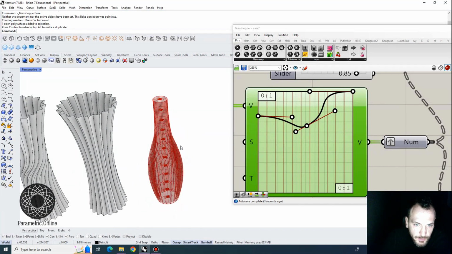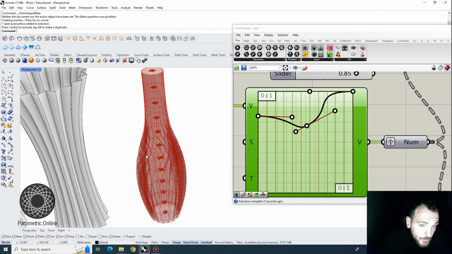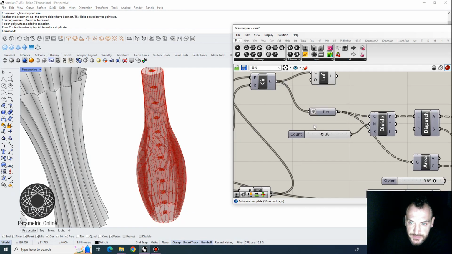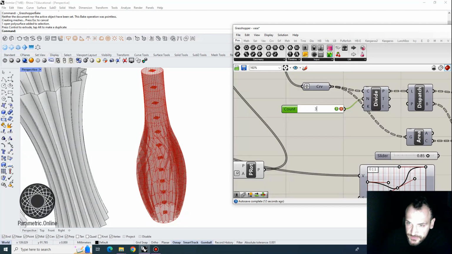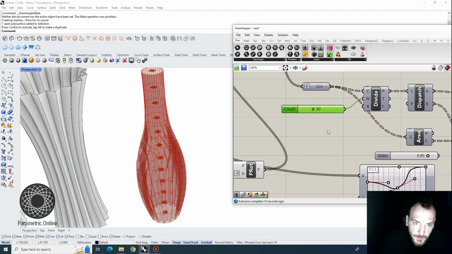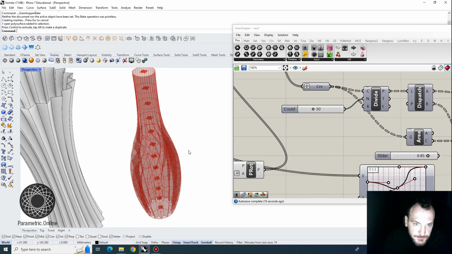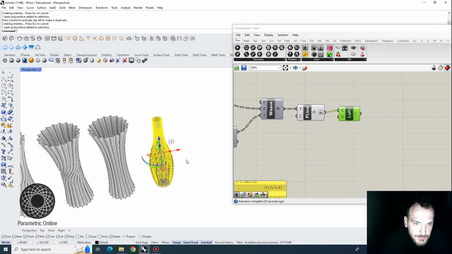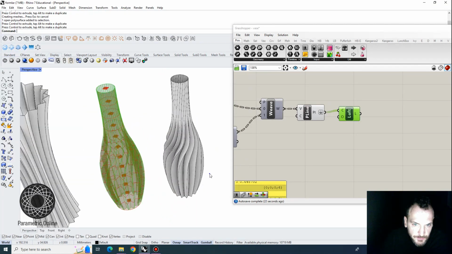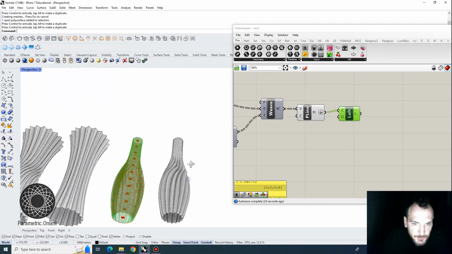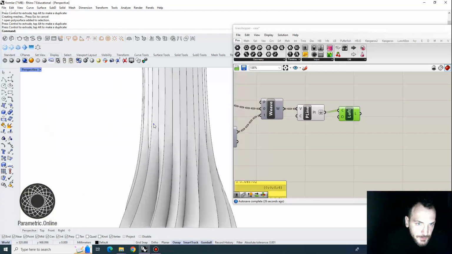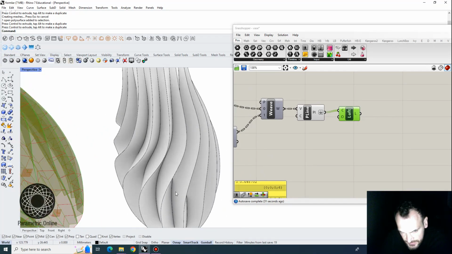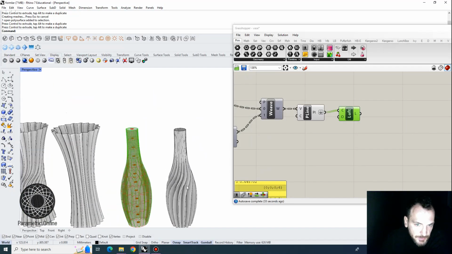And if you don't want this many grooves, you can also decrease the number of points on the surface. So for instance, if I make it 30, then we will have fewer grooves on the parametric shape. And I'm going to bake this, and let's see what we have. So this is the kind of shape that I got. As you can see here, we are getting a nice, although this is too deep, I would say. Maybe we can